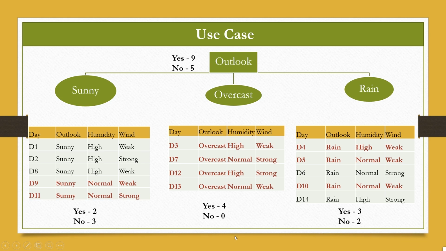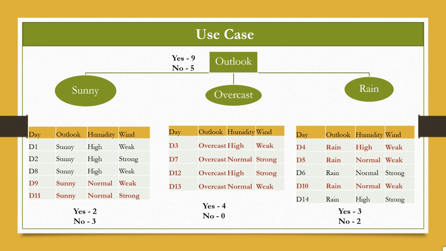So if you notice here, the decision is being made by choosing the outlook variable as the root node. The root node is generally the topmost node in a decision tree. Now what we have done here is we have created a decision tree that starts with the outlook node. Then you are splitting the decision tree further depending on other parameters like sunny, overcast and rain. Now, like we know, outlook has 3 values: sunny, overcast and rain. So let me explain this in a more in-depth manner.